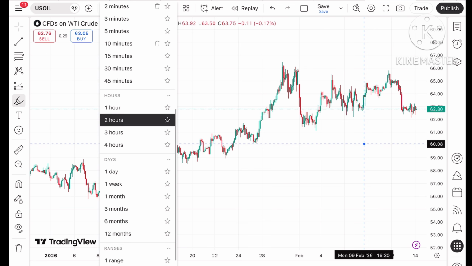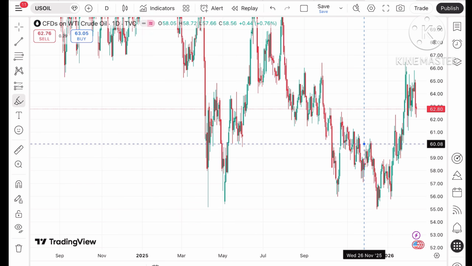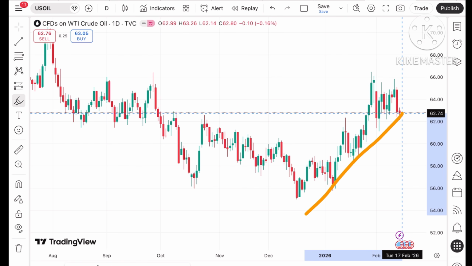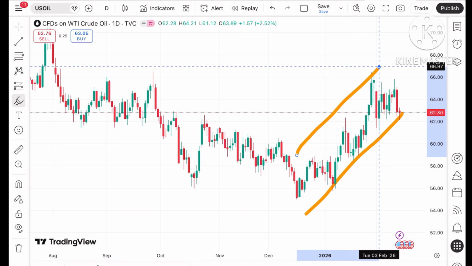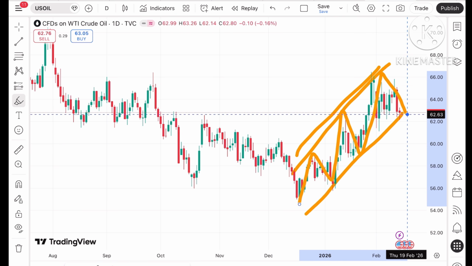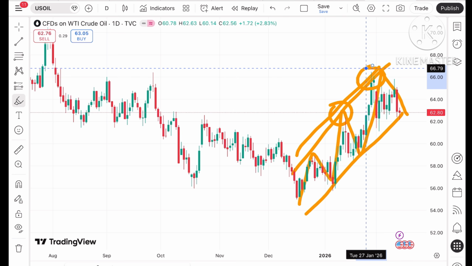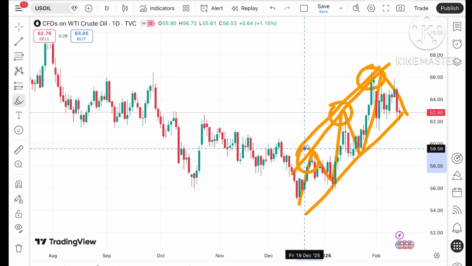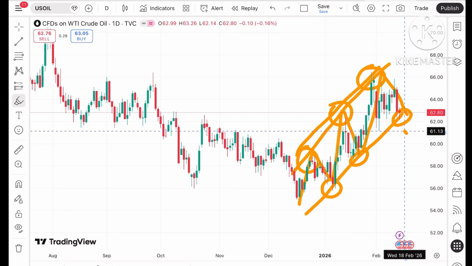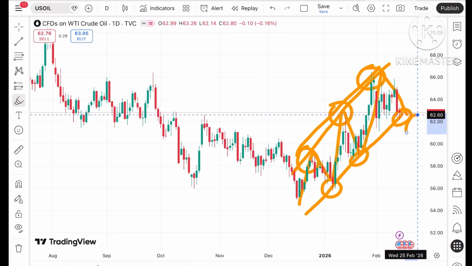Coming back to the day chart, because we have seen the price is moving sharply on the day chart. If you look at this trend, we have seen a continuous upside, but it is moving in this particular pattern. If you see this particular level, it has already made a triple top, and if you see on the downside also, probability can be high if it breaks towards a level of around